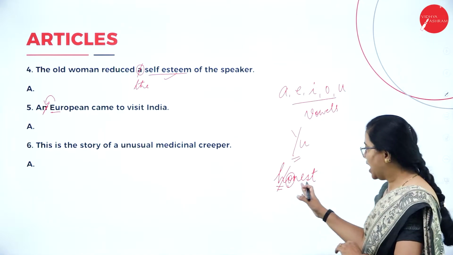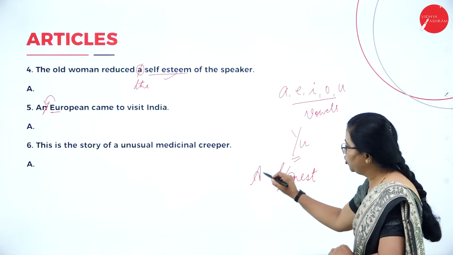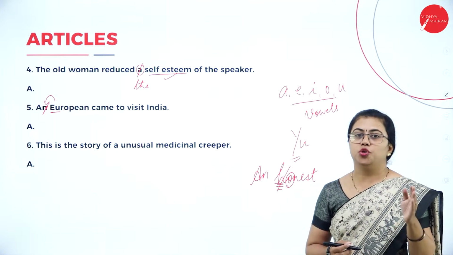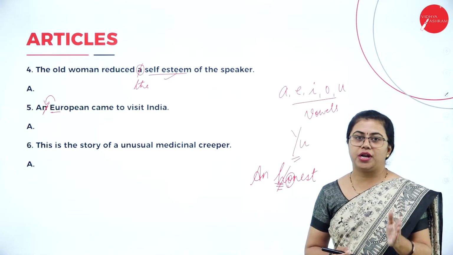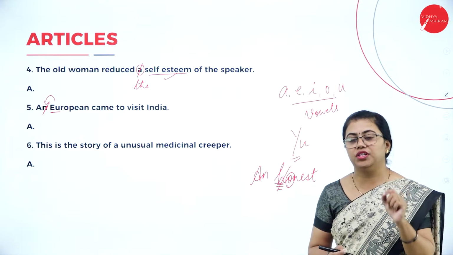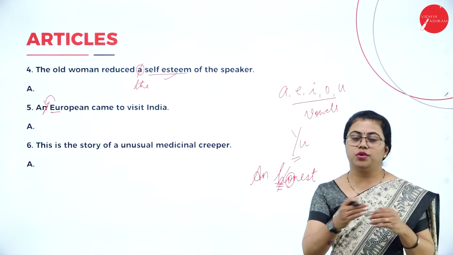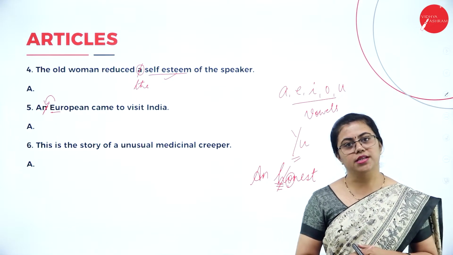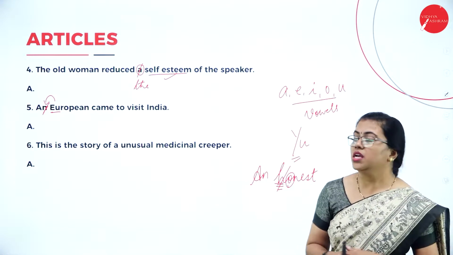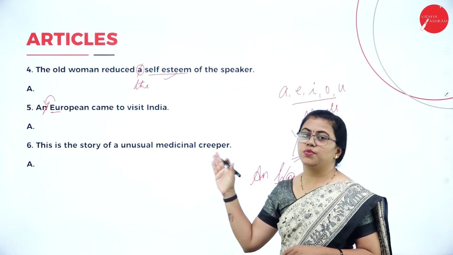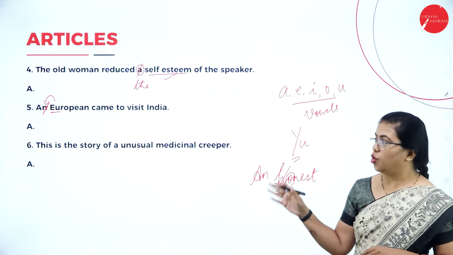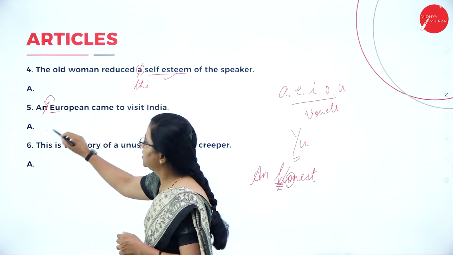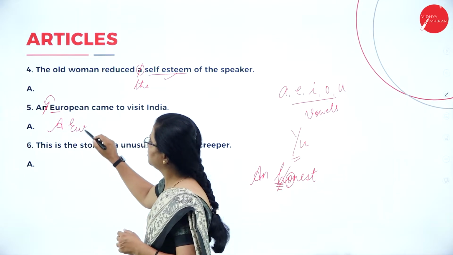Okay, so there are such words wherein you may have to use an along with a word that starts with a consonant letter. Make sure you pronounce it rightly and see which sound the word is beginning with. Is it a vowel sound or a consonant sound? Here, European begins with a consonant sound, so we have to use a over here. So what does the sentence become? It is a European,